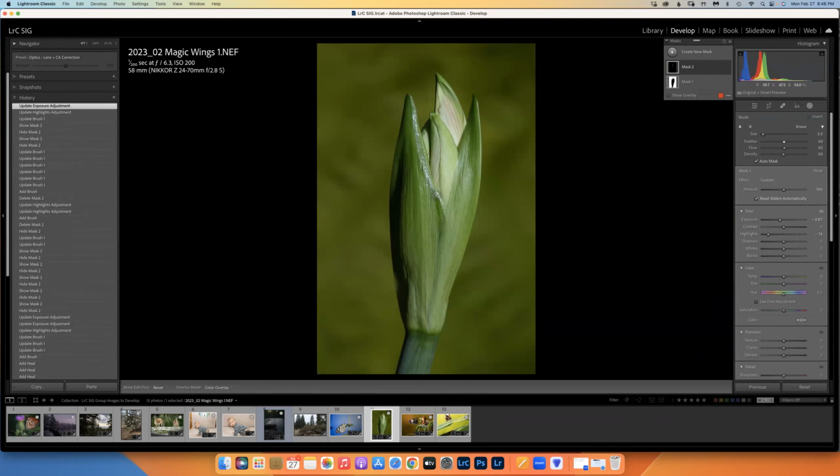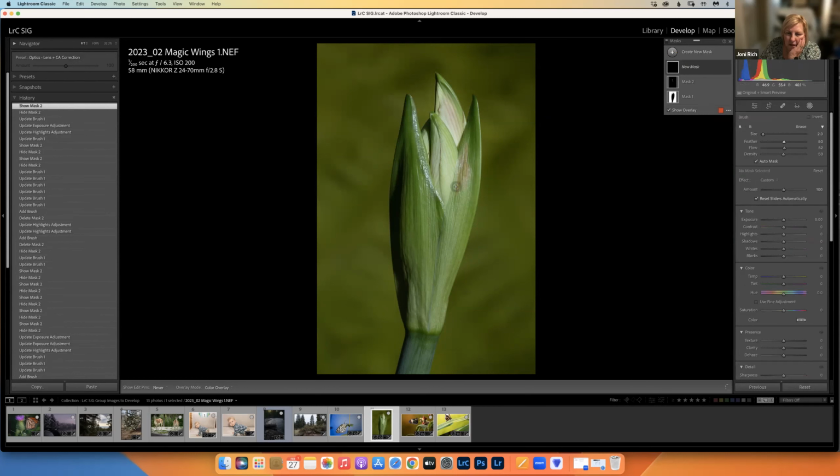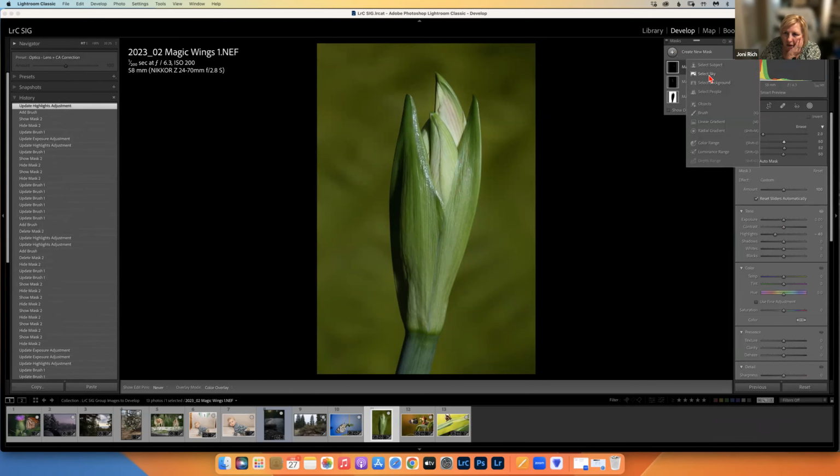So I'd probably take it into Photoshop and clone some of the green. Yeah, I guess it didn't bother me that much until you said it. I mean, I liked it before too. Joni, yeah, create a mask, subject. I will, just a second, and we'll see. Okay, create a mask, subject,